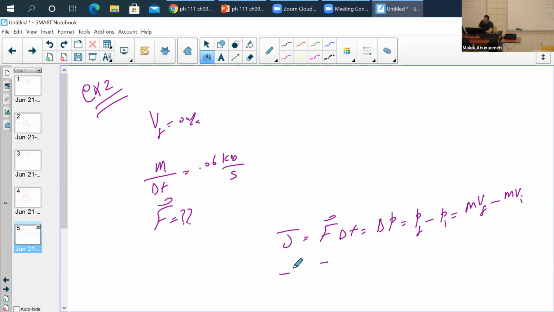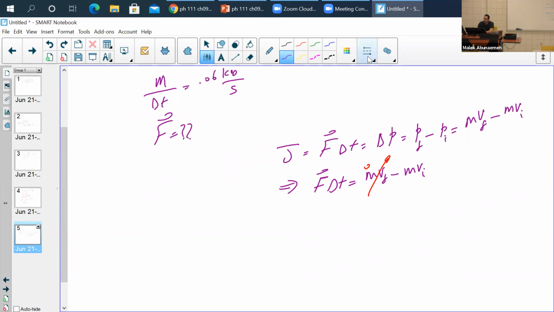So your F delta T is going to equal MV final minus MV initial. Well, we said that the final velocity is going to equal 0. That means this term is going to go to 0, which means that the force is going to equal,